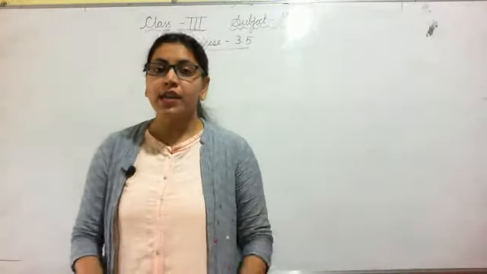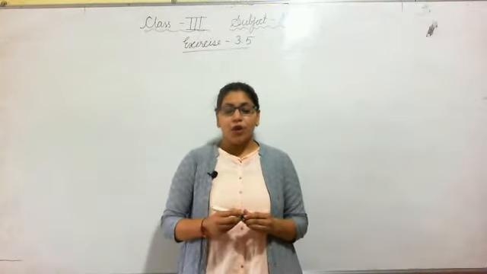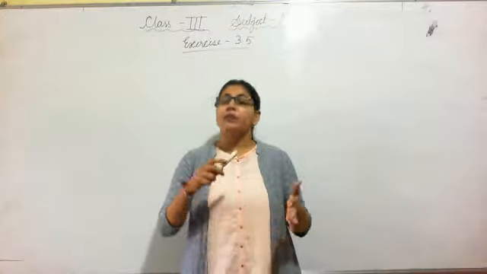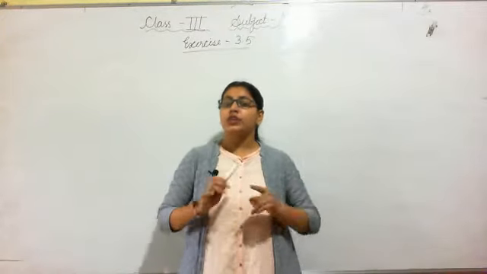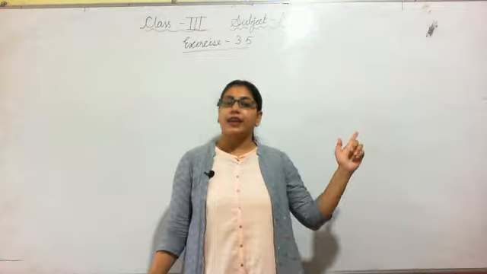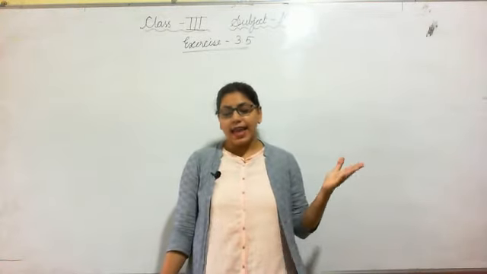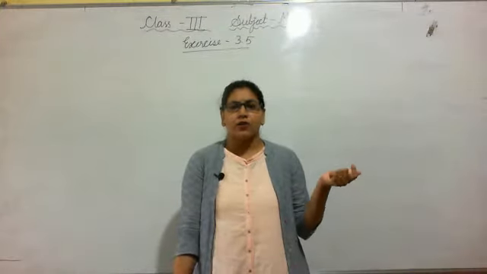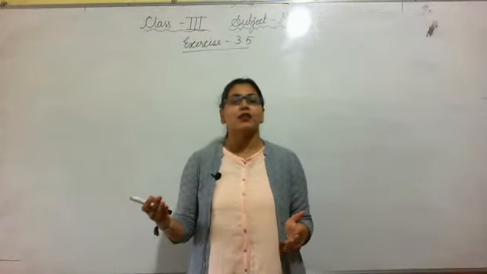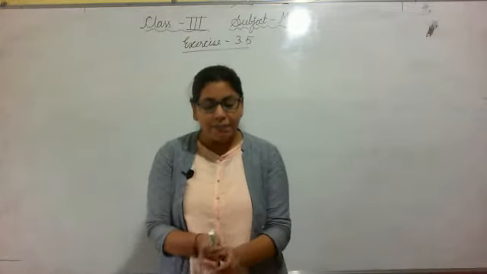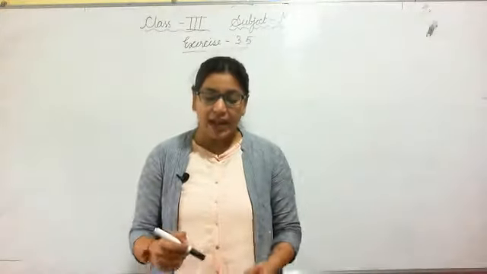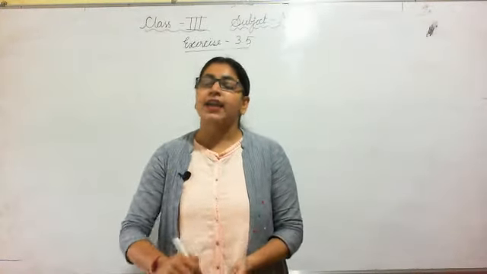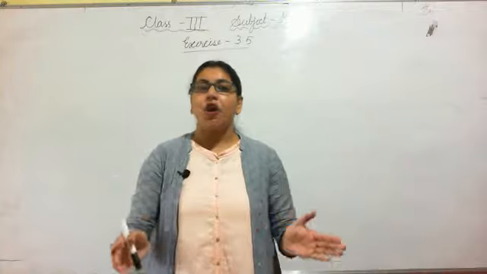So how will we do it? First of all, if we want to know how many mangoes are left, then we must know how many mangoes there were initially. Once we know the initial number of mangoes, we can subtract the sold mangoes and get the left mangoes. So first we will add 125 and 724 to get the total number of mangoes.